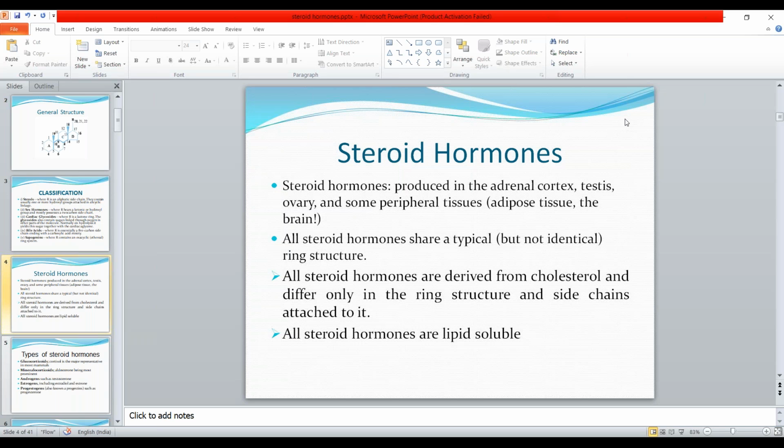Next, what is of prime importance for us is the biosynthesis of cholesterol. Okay. So what you are going to do is you are going to